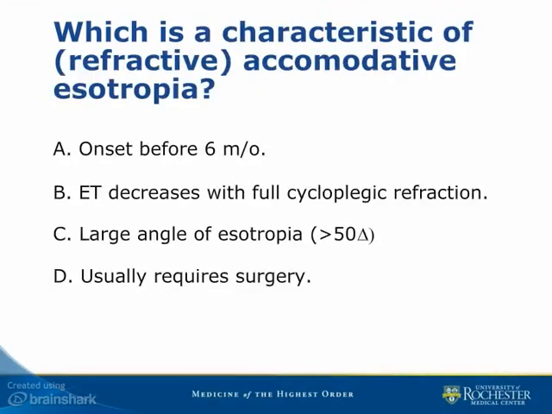Okay, quiz question number 2, which is a characteristic of refractive accommodative esotropia? A, onset before 6 months of age. B, the esotropia decreases with full cycloplegic refraction. C, a large angle esotropia like 50 prism diopters. Or D, usually requires surgery. Pause and come back when you're ready. The correct answer here